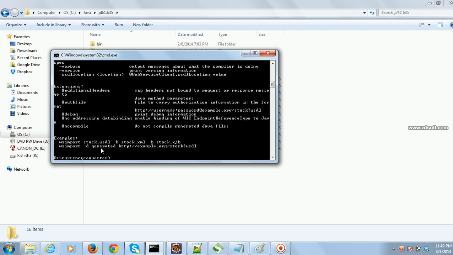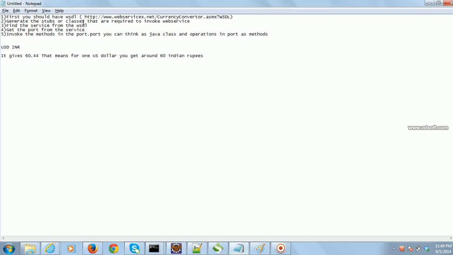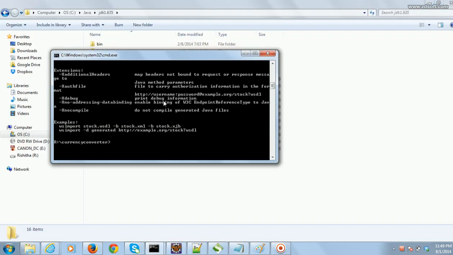Can you see? These are the options available. Now I will show you. So you have to take this WSDL URL and enter wsimport